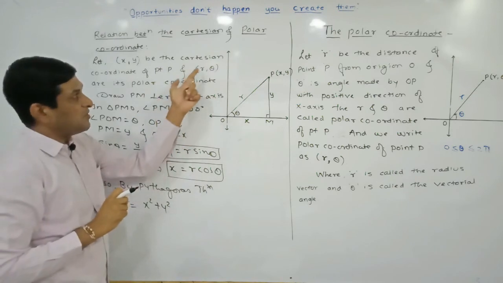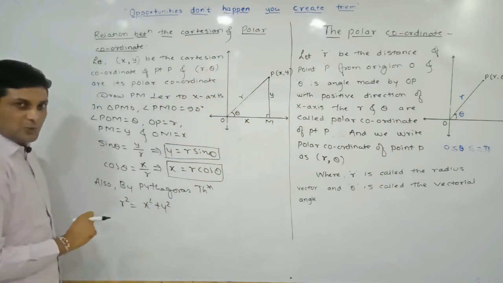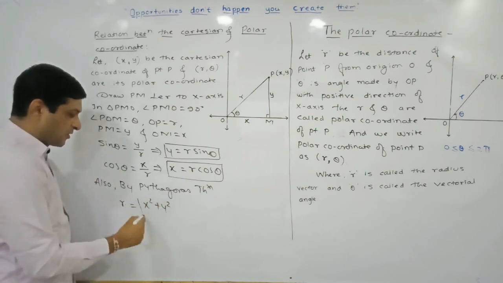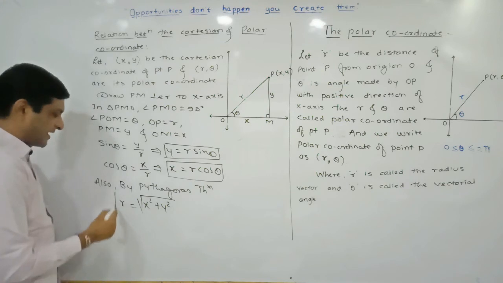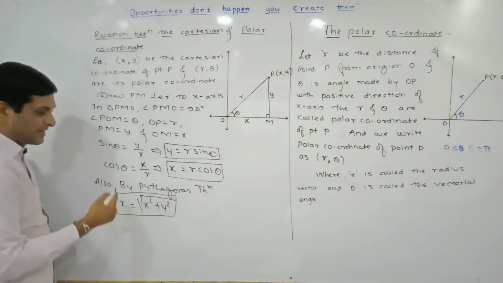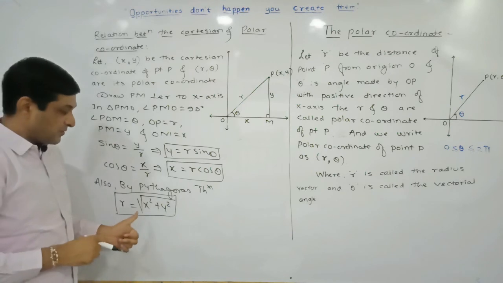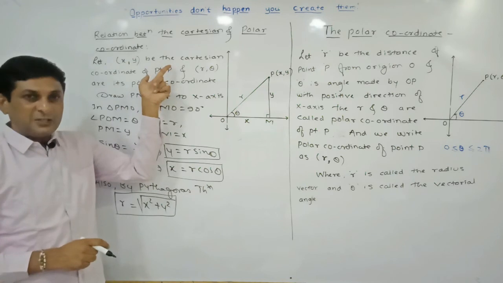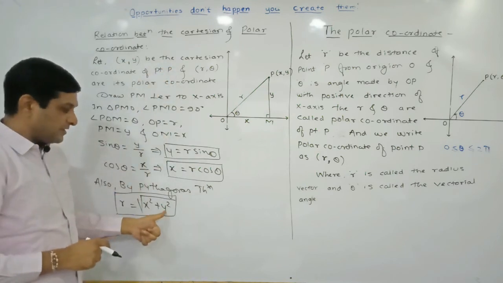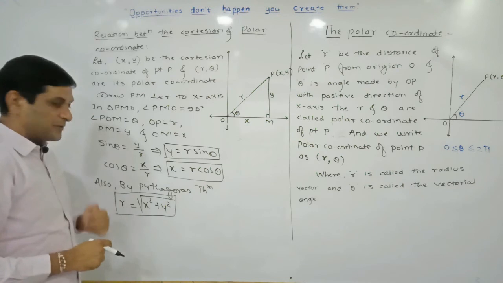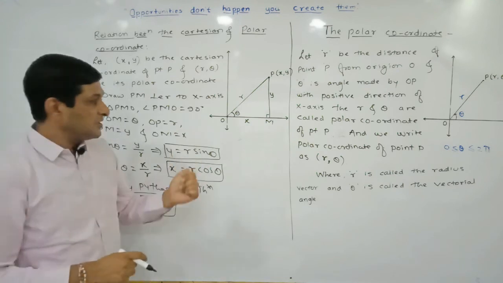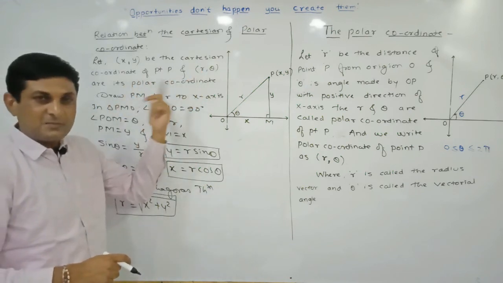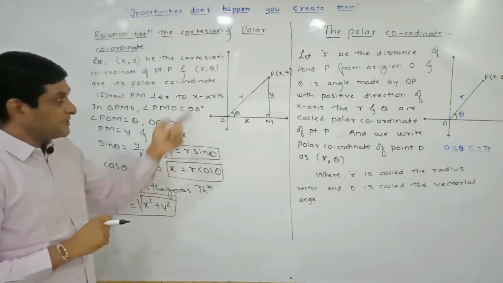But we require the value of R, so we have to take the square root on both sides. If we take the square root of the left hand side, the square will get cancelled, and on the right hand side we get the square root of X square plus Y square. Applying this formula we are able to find the value of R, and this formula is applicable if X and Y are given to us. X and Y are nothing but Cartesian coordinates. So if Cartesian coordinates are given, we are able to find the value of R, which is the first number in the ordered pair in the polar coordinate system. The second number is theta.